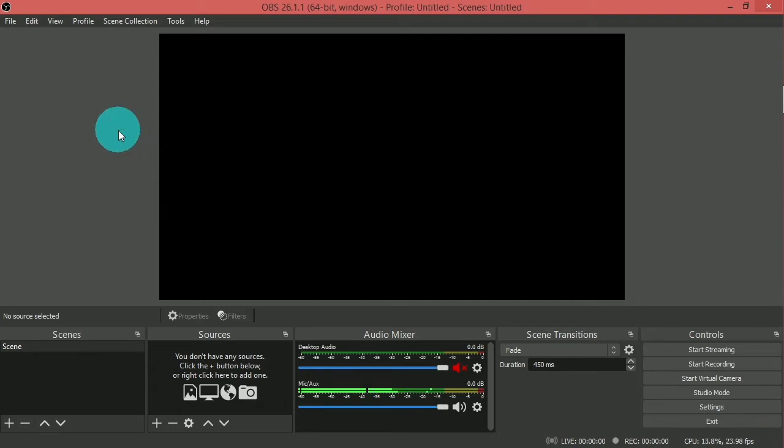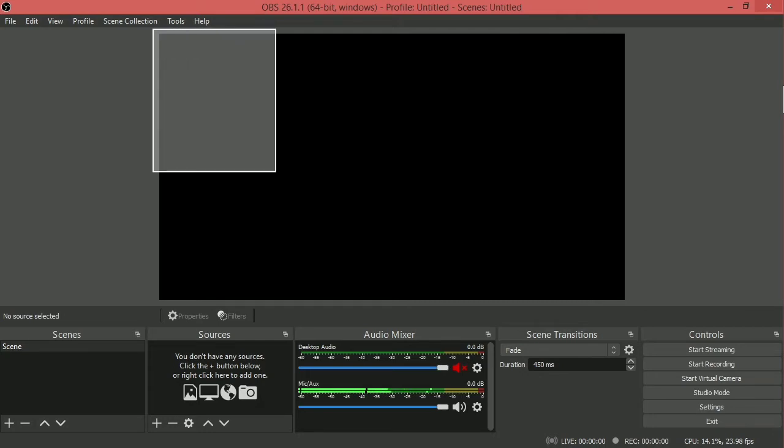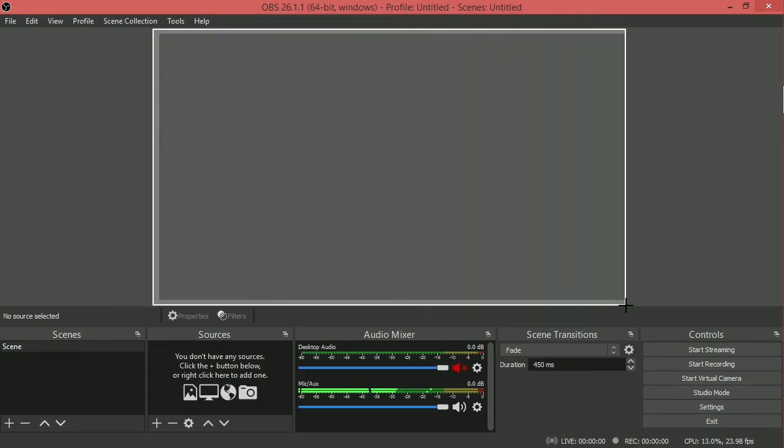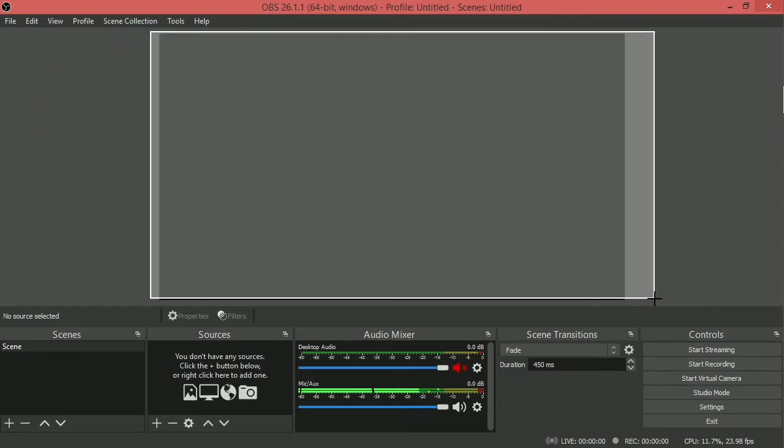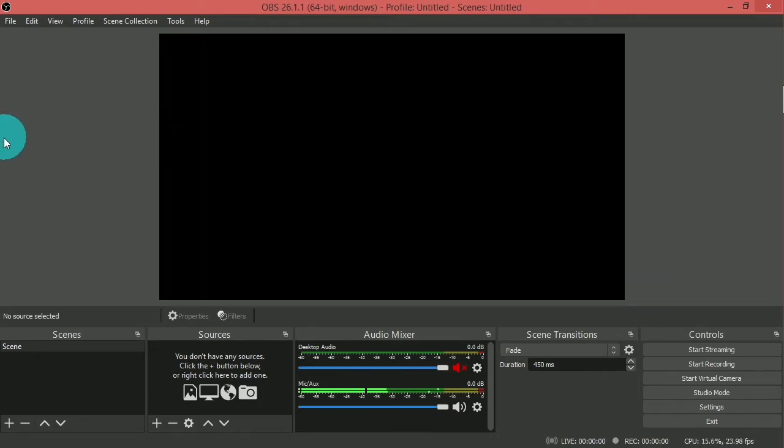So what is virtual camera? If we want our camera to look better when we are having video calls in Skype or Zoom, we can use the virtual camera. So if we want to have a background, or if we want the screen and then the camera at the bottom, we can use the virtual camera. Whatever we create in this place will come in the camera. That is what a virtual camera is.